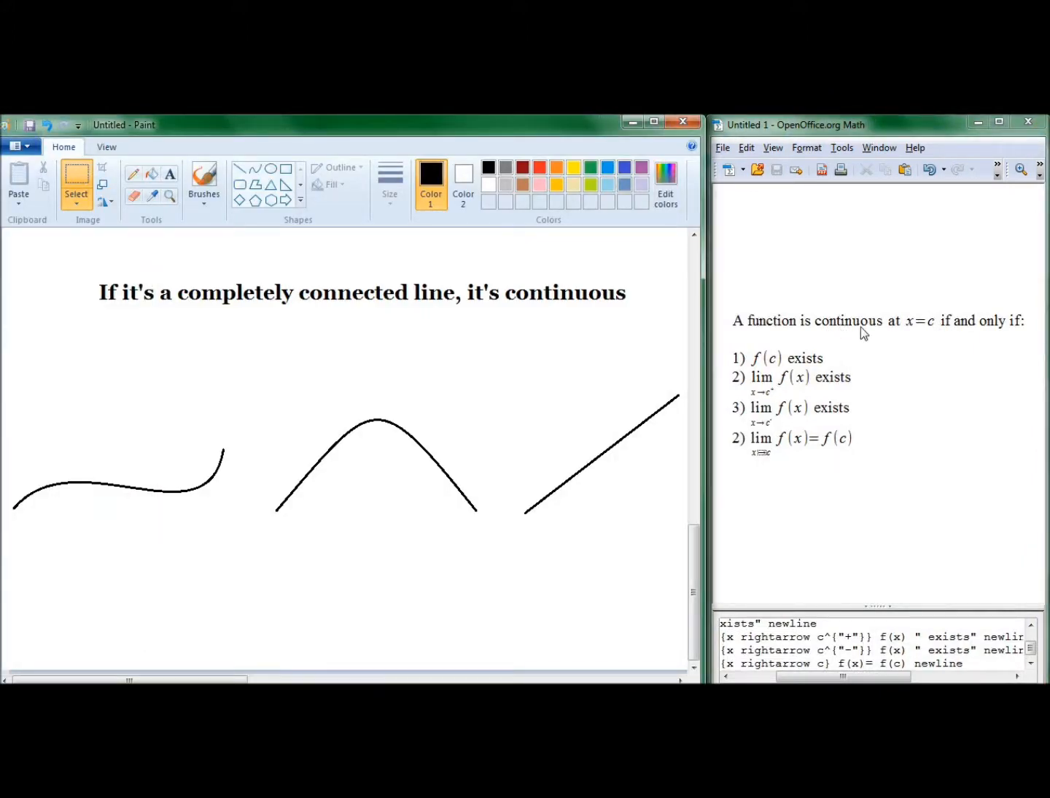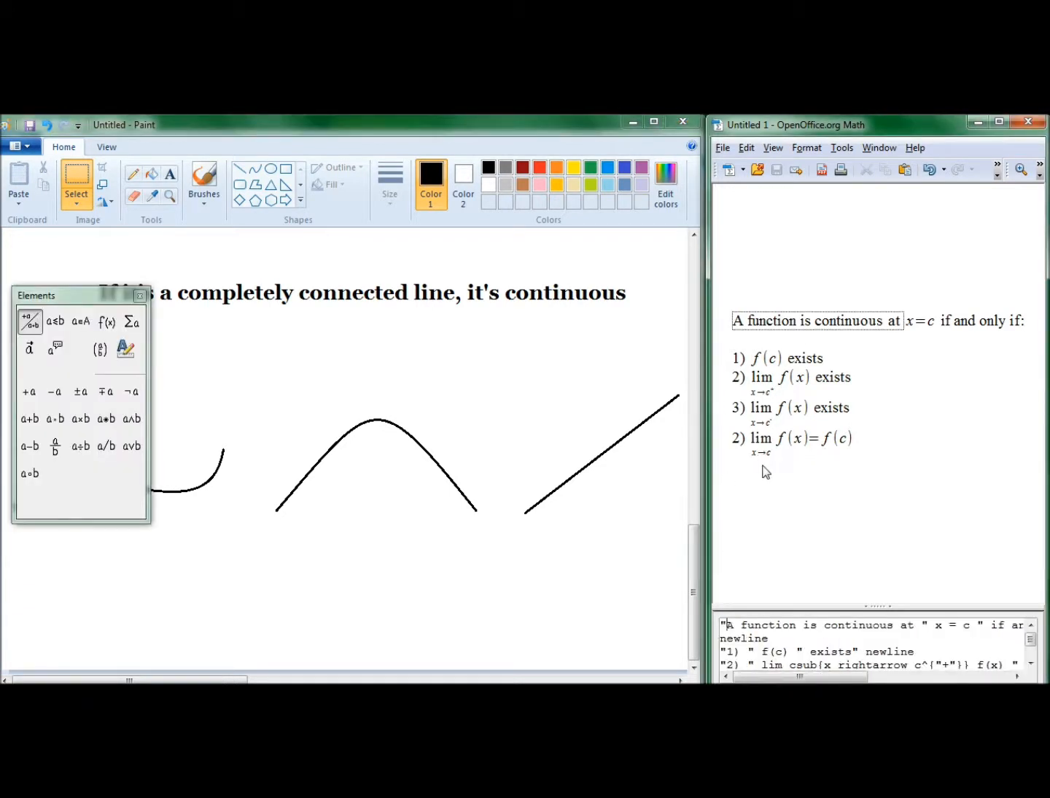A function is continuous at x equals c if and only if f of c exists, the limit of f of x as x approaches c from the positive side exists, the limit of f of x as x approaches c from the negative side exists, and the limit of f of x as x approaches c is equal to f of c. Now, this is actually incredibly confusing, or more confusing than it should be, and calculus, as we all know,